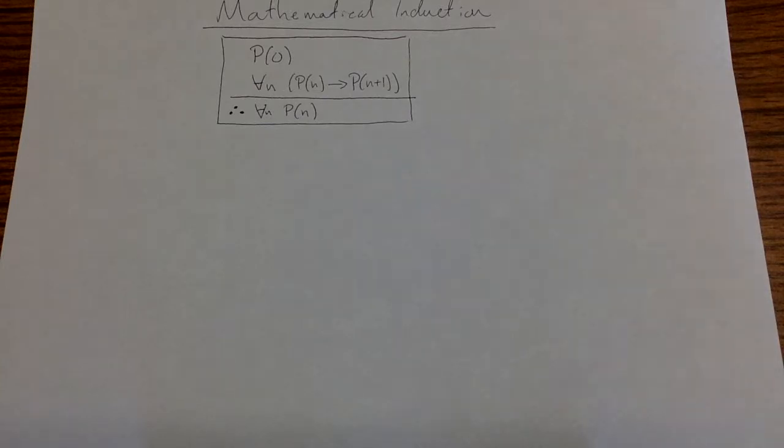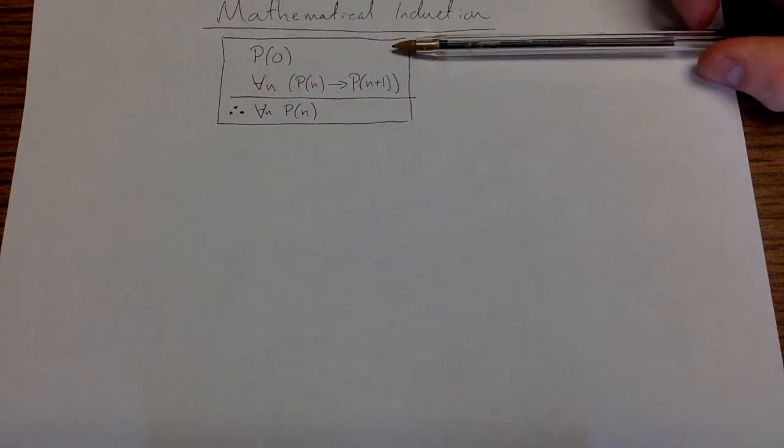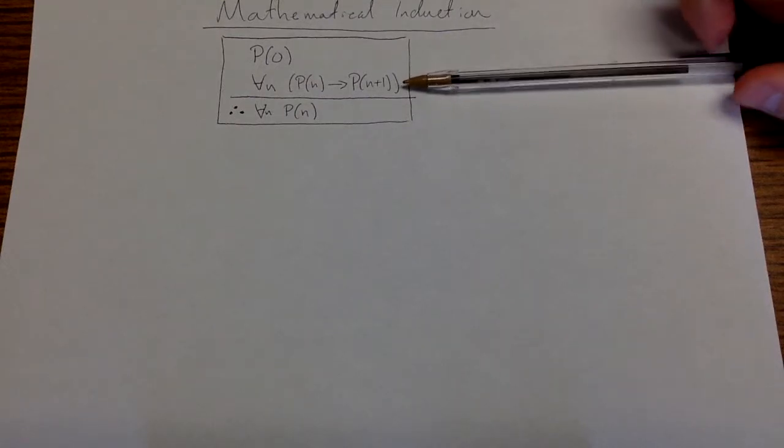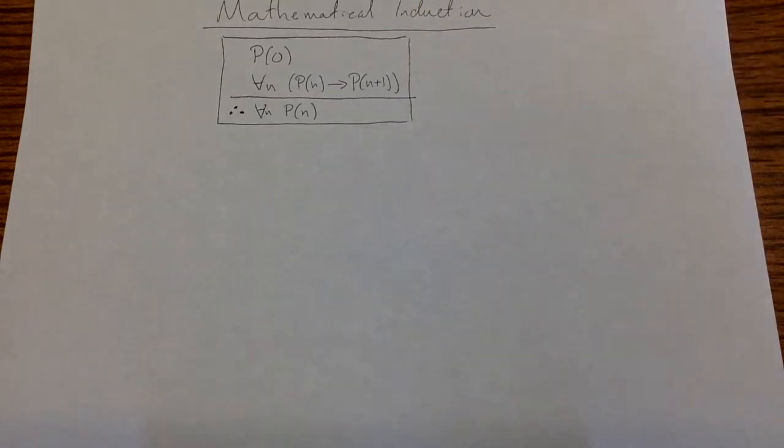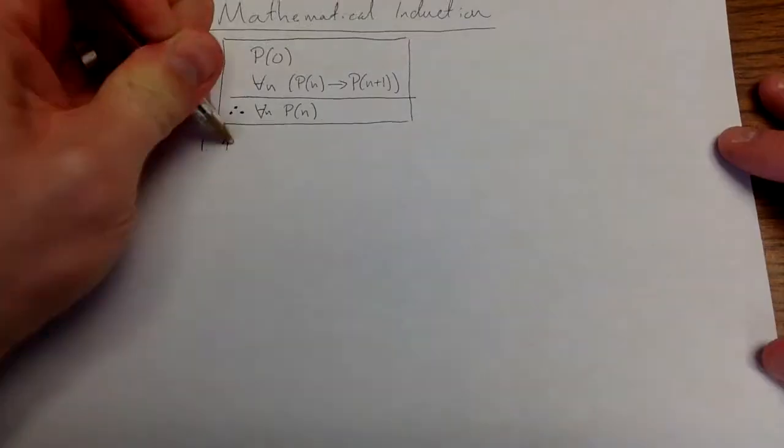The idea is that P(0) being true is kind of like getting on the first rung of a ladder. And then this second statement is saying, if I'm on some rung of a ladder, I can get to the next one. And really, that's all that's happening. But if I want to start verifying each element of the sequence P(n), we can actually do that using formal proof using rules of inference.